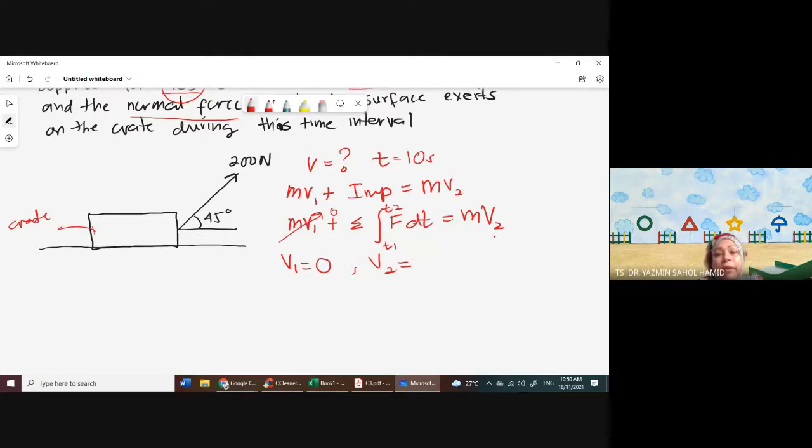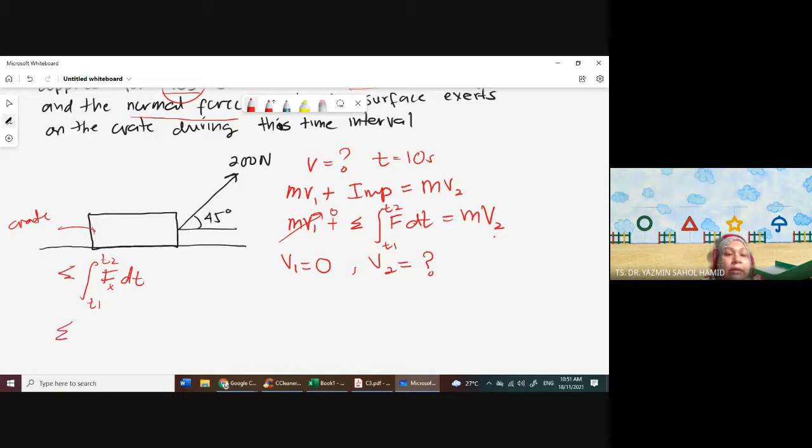Do we have? Okay, this one is what we want to find. Now let's list down all the information for the summation of forces that we have. For this question, the summation of forces, if you want to put it in this equation, it has to be in the same direction. So what I mean is the summation of F dt is either in the x direction